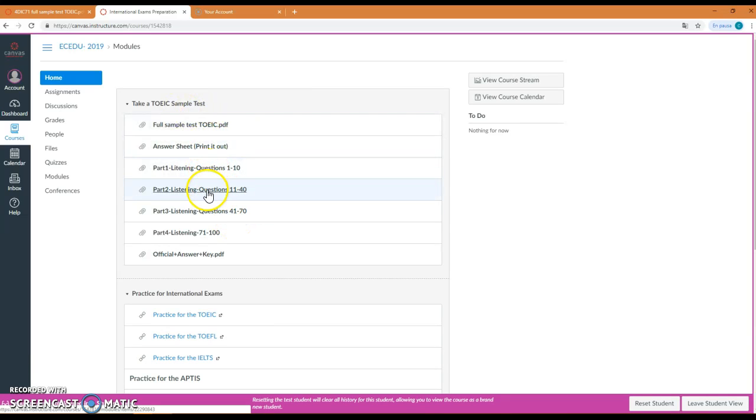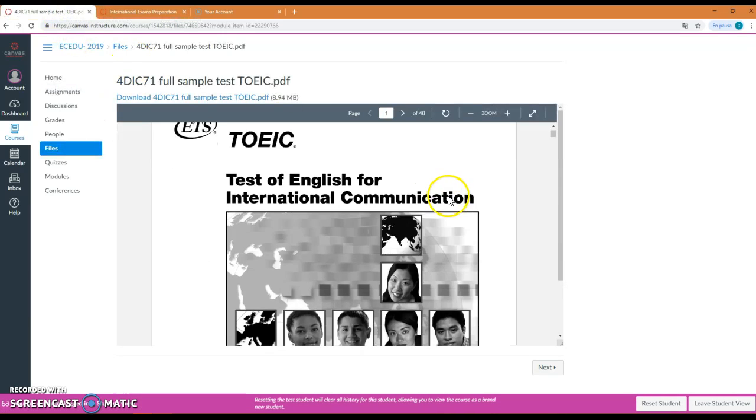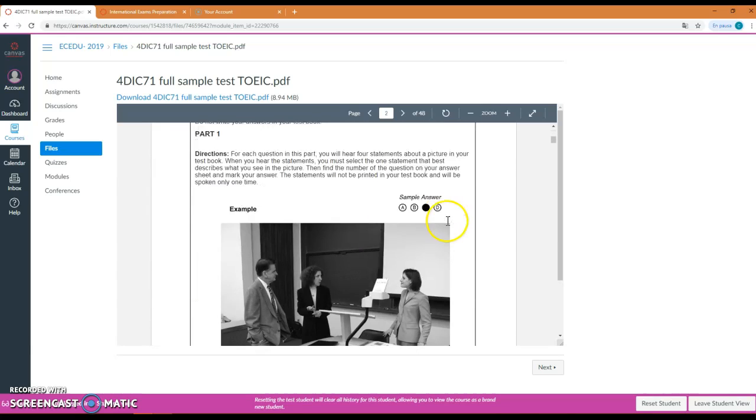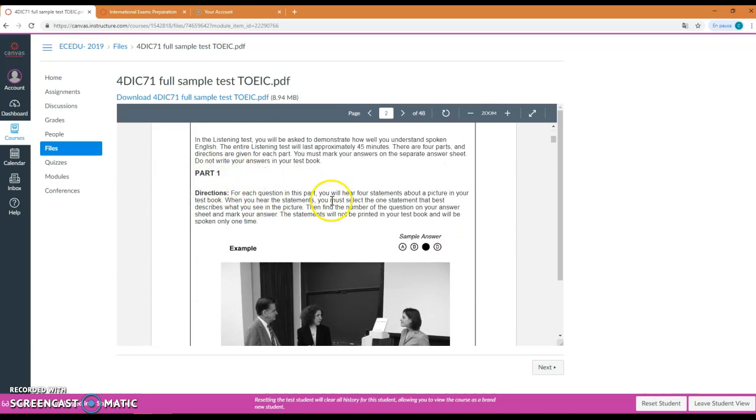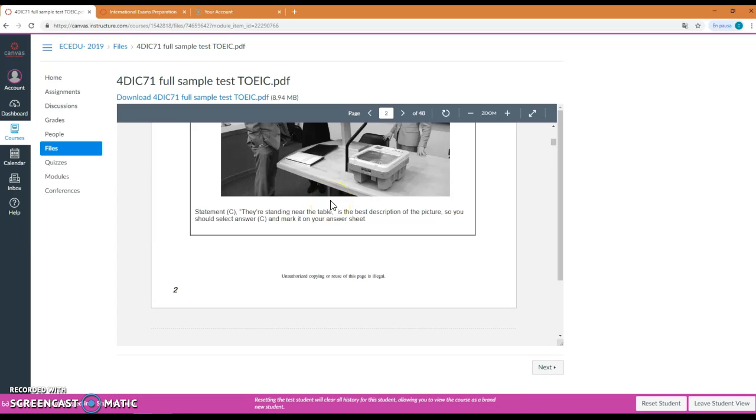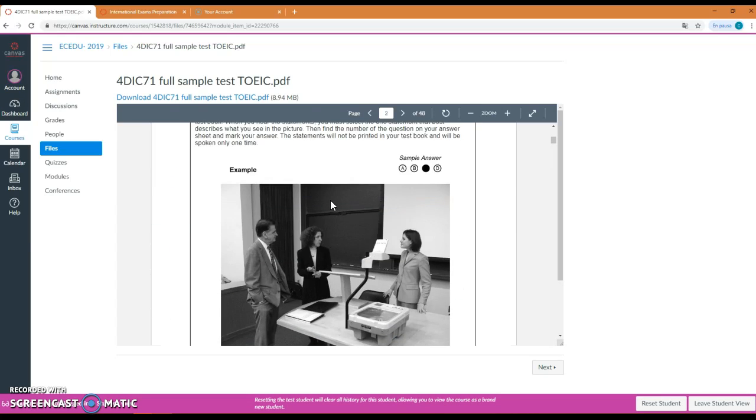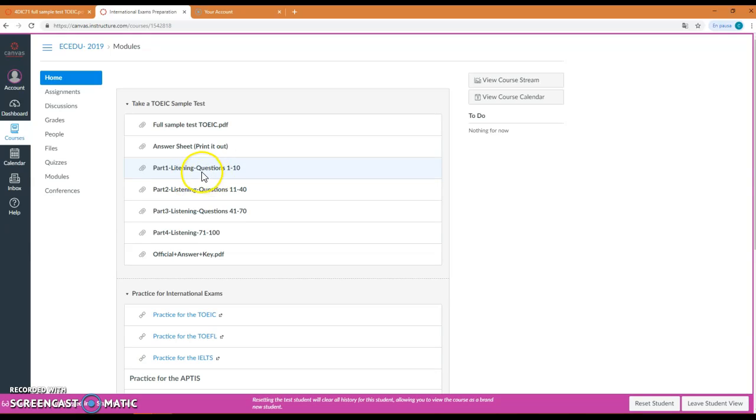If you want to do it as if you were in the real exam, do not rewind it, do not stop it. Try to do it as if you had only one chance to read and to listen to the whole thing. First, read the instructions carefully for part 1, the directions, and start listening to part 1